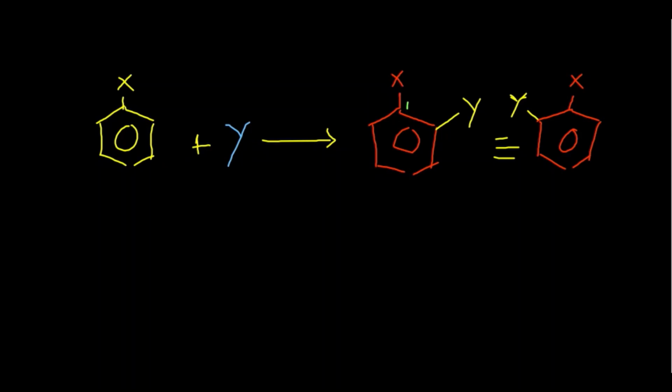For example, यहाँ पे देखें X जो है वो इस कार्बन से अटैच है, तो this carbon is carbon number 1. इस कार्बन की पोजीशन क्या है? कार्बन नंबर 1. ठीक है. Now we do the numbering of the second substituent in such a way, right, so that we will assign the lowest possible number to the second substituent.